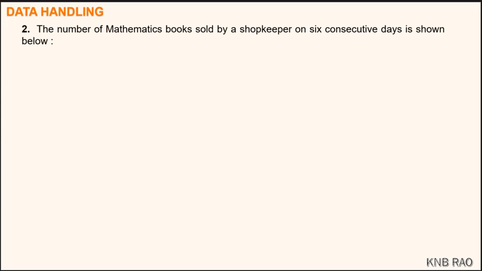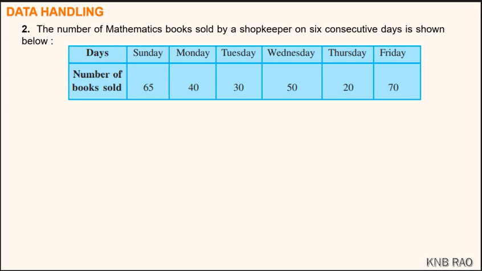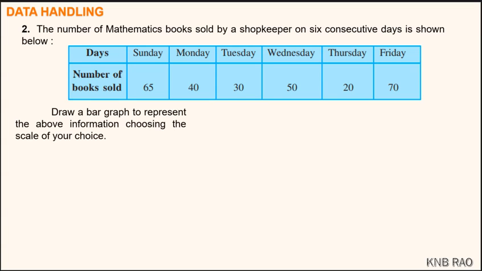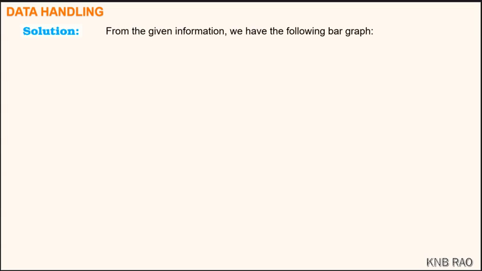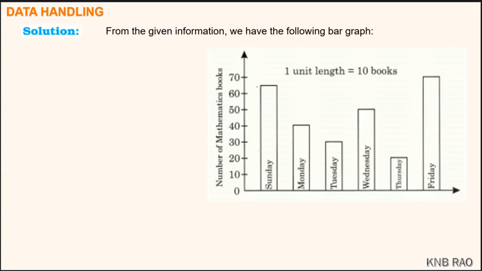Now, second question: the number of mathematics books sold by a shopkeeper on 6 consecutive days is shown below. This is the table, from Sunday to Friday: Sunday, Monday, Tuesday, Wednesday, Thursday, Friday, whereas Saturday is missing. So, the number of books sold is given, and draw a bar graph to represent the above information, choosing a scale of your choice. Here with the data, I am drawing a bar graph taking 1 unit of the vertical axis as 10 books. I have drawn a vertical bar graph, and from Sunday to Friday you could see the number of books